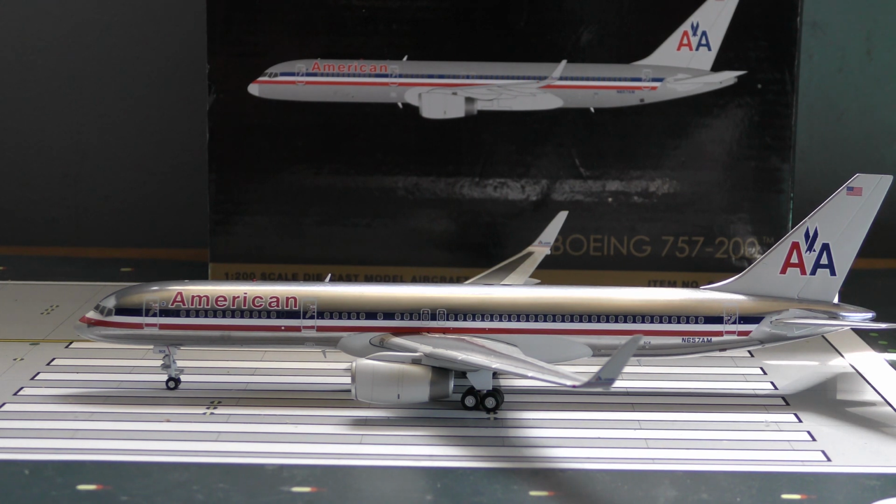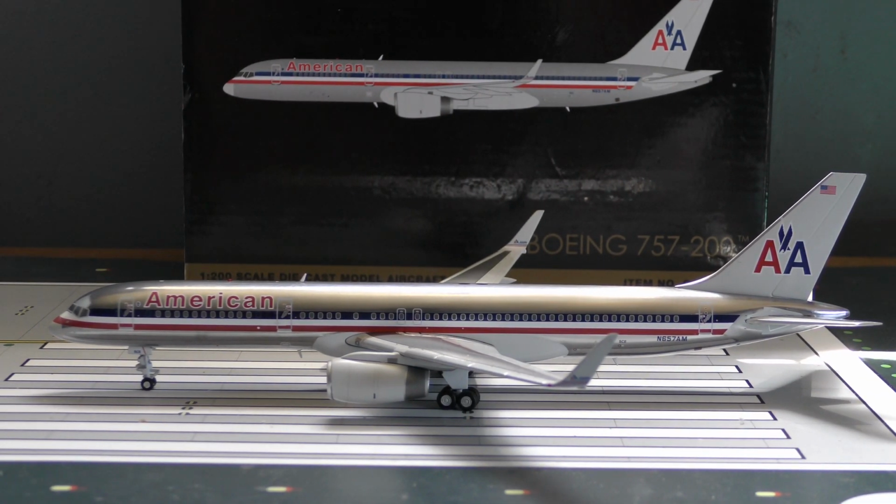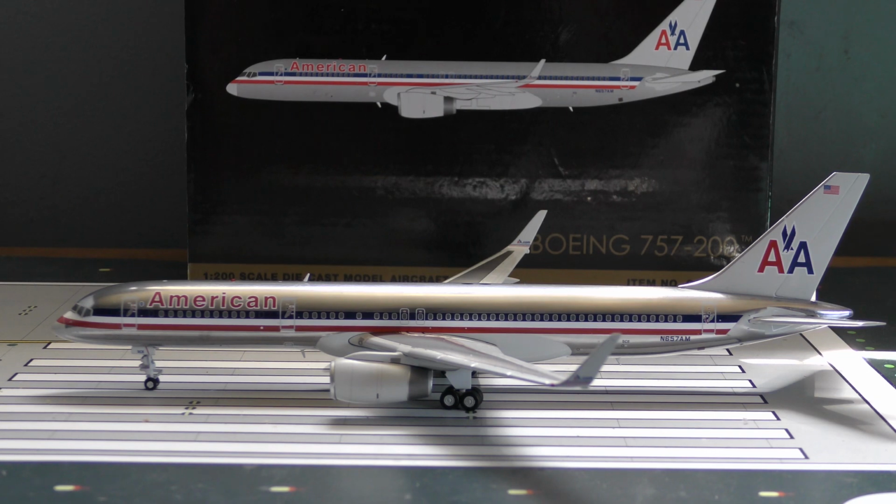So that's a little bit of information on the Boeing 757 right there. And obviously these aircraft are no longer in service unless they're being used for different jobs. As we know, some of them are being used for the Department of Justice. Others have been scrapped. But it's cool to learn the history of these planes because we won't see them again. I know I work for United Airlines and we still have our B757-200s and 300s, but those will soon be scrapped and discontinued. My only regret is that